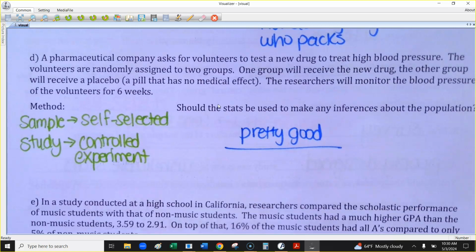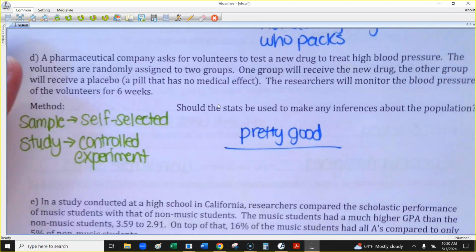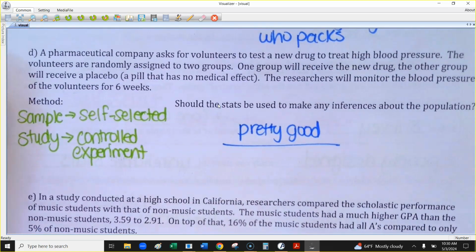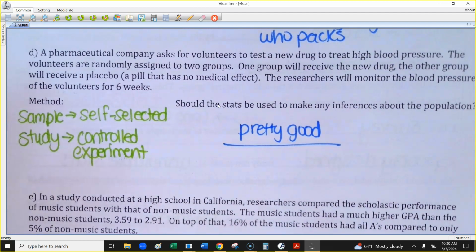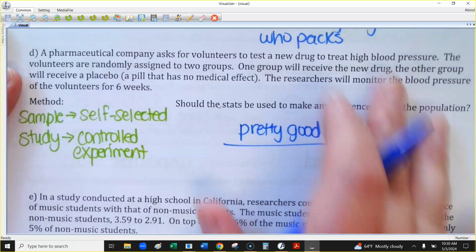Yeah, you don't know which pill you're taking. That could affect the data. Yes, it could be. Right. Yeah, right. They don't have any. I don't know that caffeine is a placebo, but